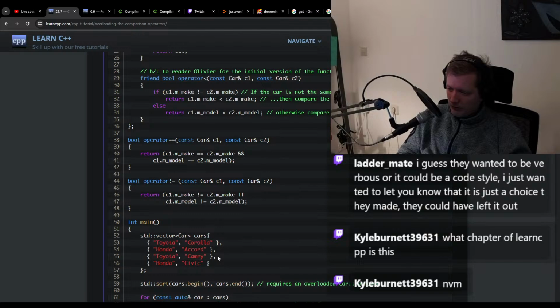Okay, we have object one make, right? And then it's okay if this is the case. If the car is not the same, then compare the make. Topic is actually